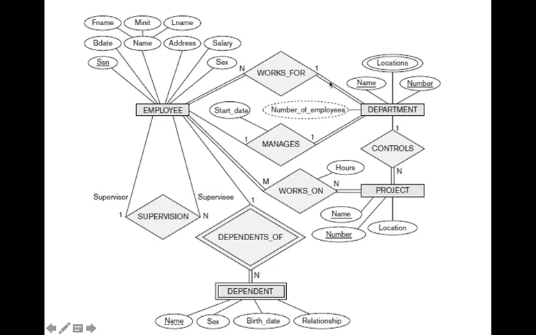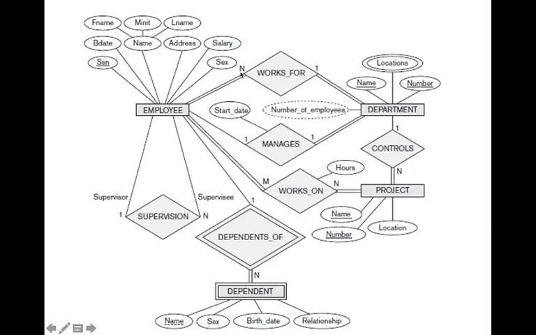So when we specify data requirements, it is already mentioned. If you refer to the text, it can be seen that a department will be formed when there are at least 3 employees in that department. It is actually a constraint of this database. That is why there are double lines here. Every department should have some employees, so there is a double line here and a double line here. So total participation on both sides.